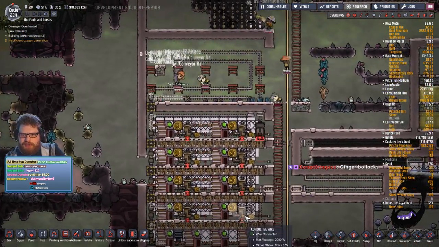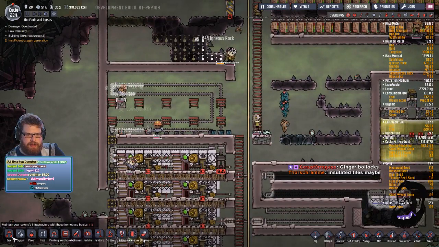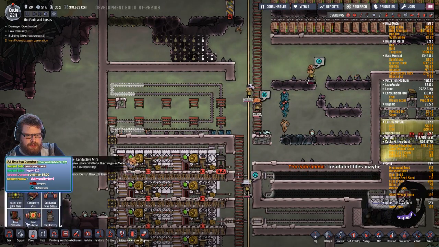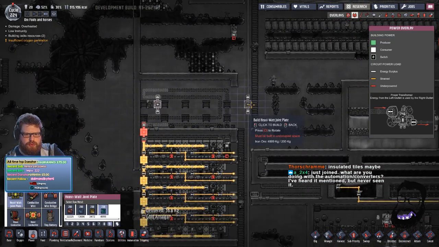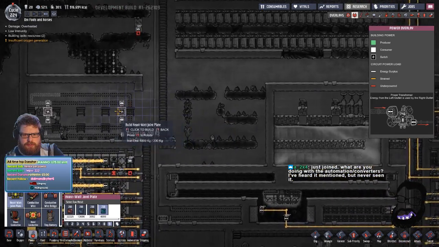So we'll get these coal gens up and running quickly. We'll get this finished. We'll get rid of some of these tiles. And then we're good to go. So coal gen there. And the other one is